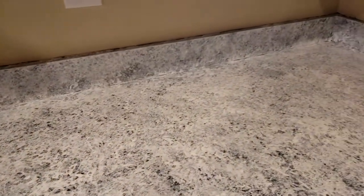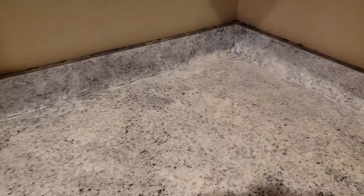Anyway, so here's kind of a close up look at it. Again, those corners are the tricky part, but I gotta tell y'all, it turned out much better than I thought it was going to. It really did. So, more changes to come in here. But